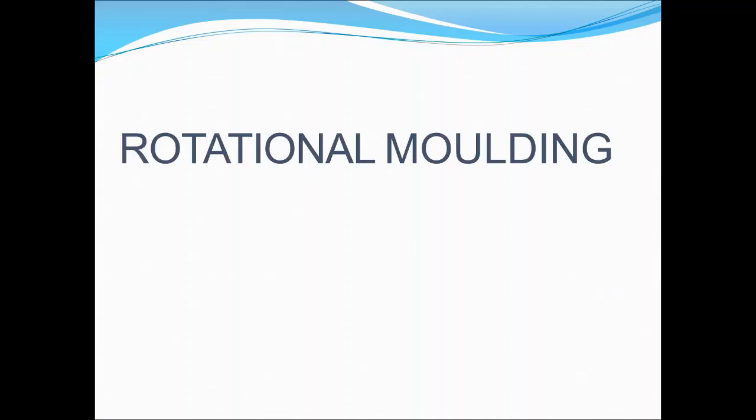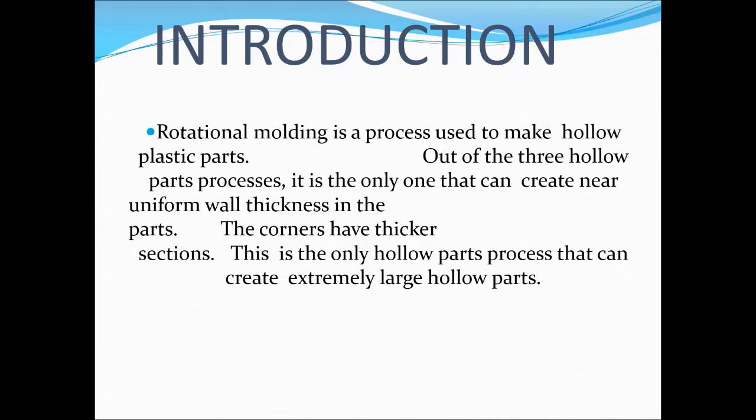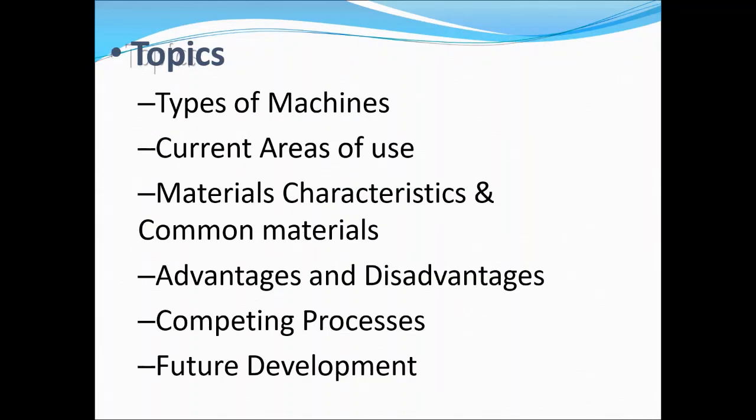Rotational molding is more or less the same type as blow molding. The die is rotated at a particular speed. The rotation speed varies with the thickness. Topics: types of machines, current areas of use, material characteristics, advantages and disadvantages. Types of machines for rotation molding: